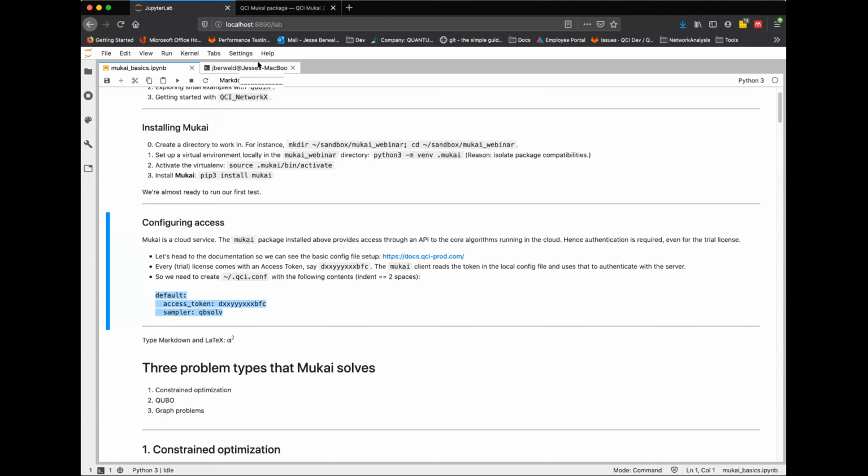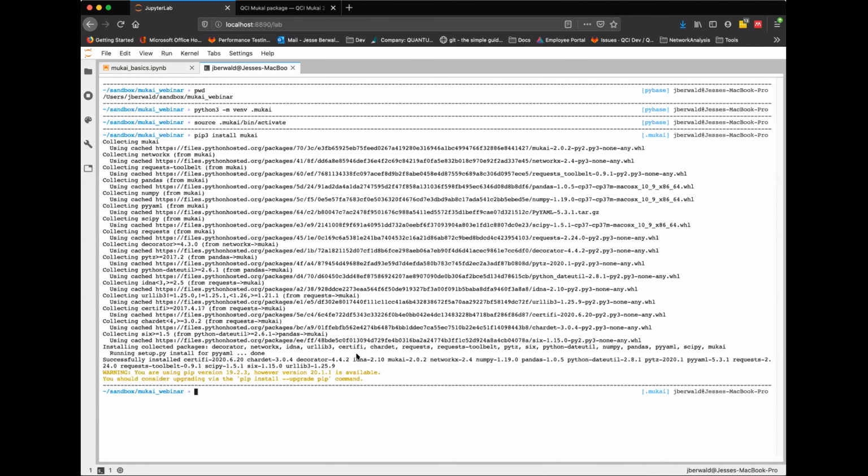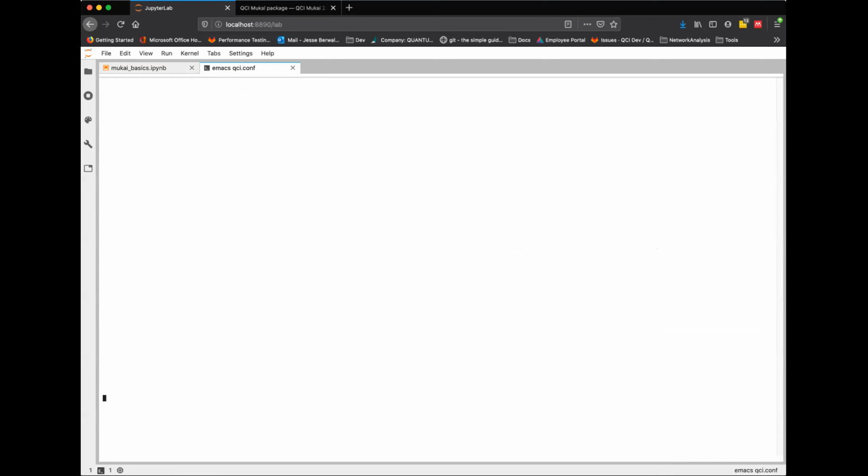So I'm just going to copy this down here, probably from the documentation page, you could copy that and paste that, or from an email we'd send you, and just make a little file here. Make it hidden this time, and just paste it in. And you want to get the tabs right, unfortunately. It's a two-space system for YAML files. And then right here, just paste in whatever your access token is.